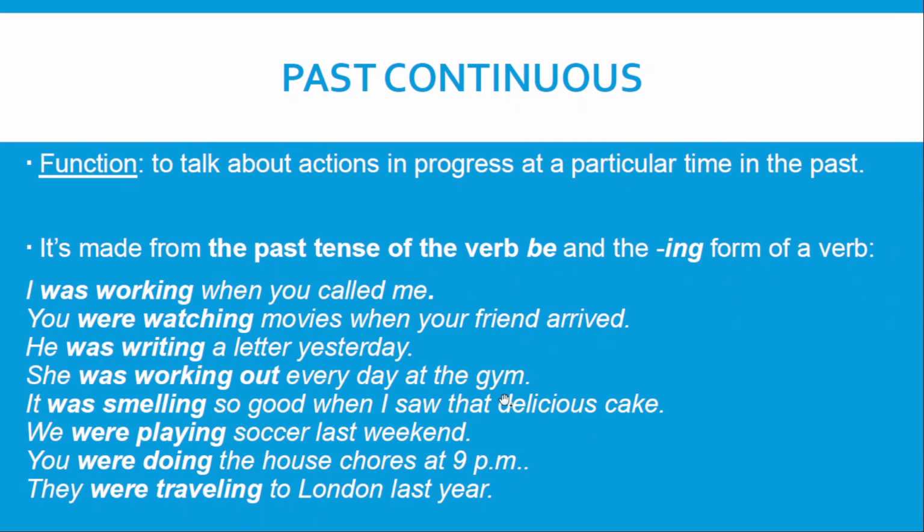So you have to remember that we have only two forms of the verb be in the past, was or were. As you can see here, for this subject, I will say was. For these subjects, you, we say were. For the third person, he, she, it, we only say this form was, he was, she was, it was. For plural forms here, we say were. We were, you were, they were.